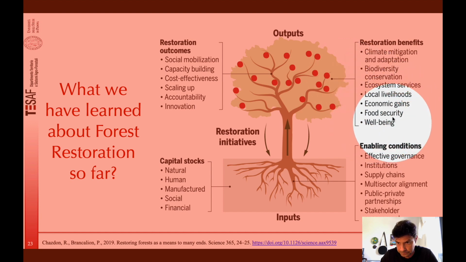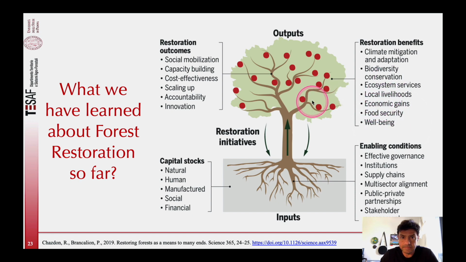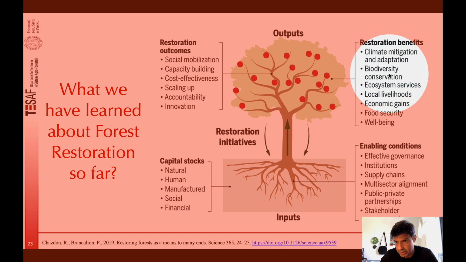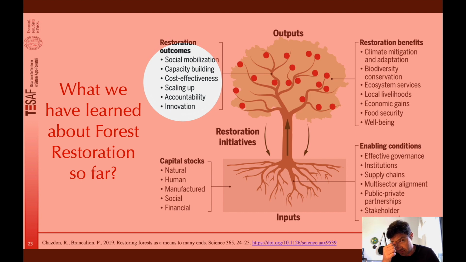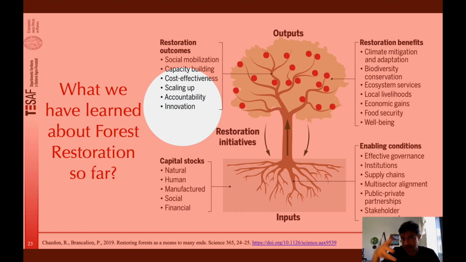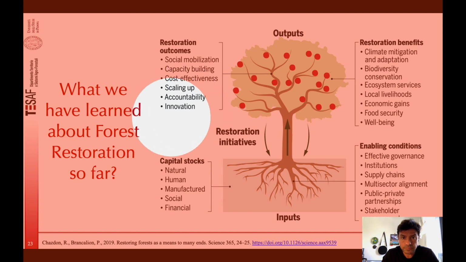But to do that, and we are going to see it in more detail later, this is just possible if some outcomes were achieved previously. This is a whole process. So in order to get this, you have to have social mobilization. You have to build the capacity locally. You have to understand if the proposed intervention is cost effective. Maybe you have to work at the landscape scale, and you have to have the monitoring,